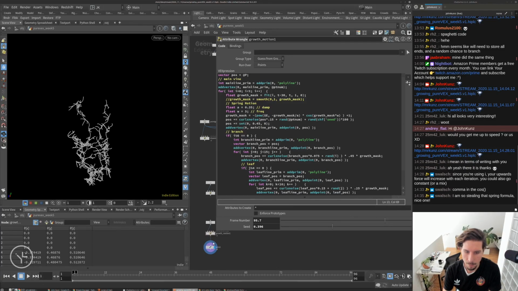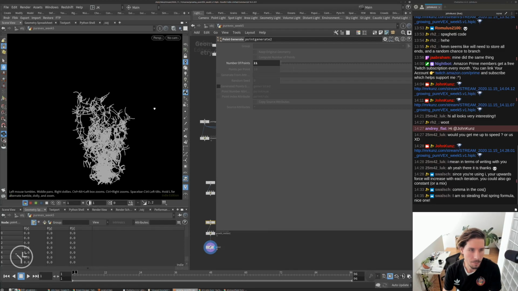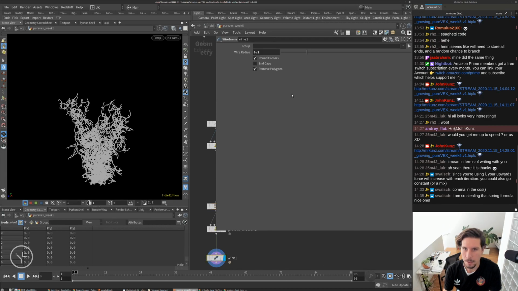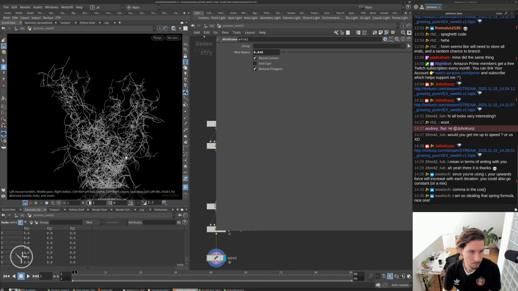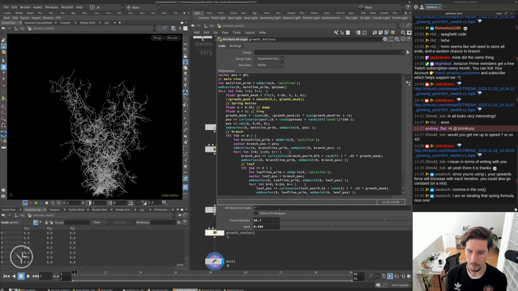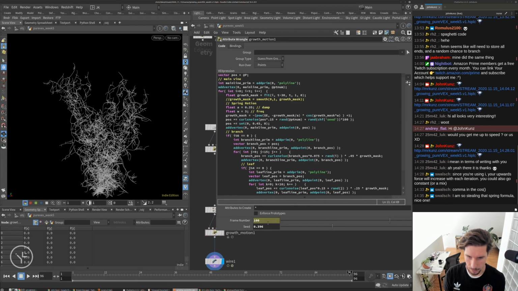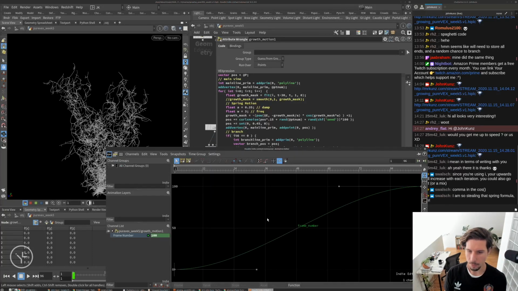And then if you want to make multiple copies, if you really wanted to go to town, you could change a lot of other stuff in terms of branches, leaf length. There's a lot of other things that you might want to put into parameters. So let's just go to the frame number. If you want to keyframe this, you could do that. We'll start at 0, we'll end at maybe 100. And then if I do shift click,